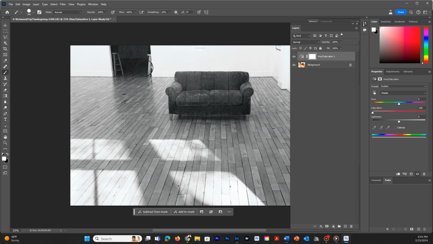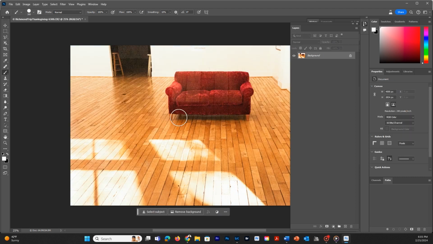This is one way to be non-destructive and to create my image as a black and white photograph. It's not the best way, but it is one of the ways. Typically what I do lose a little bit here is I lose a little bit of my contrast as it brings the saturation down and desaturates those colors. It really kind of messes with my overall contrast of the image. So this isn't my favorite way, but it is a way to actually flip your image over to black and white. I'm going to turn that off or throw it away,